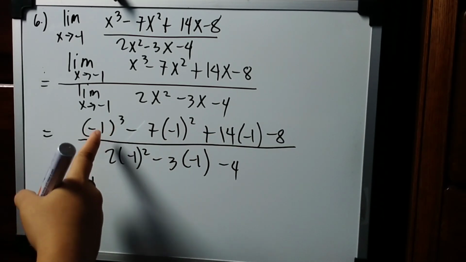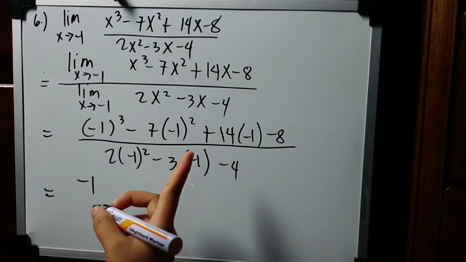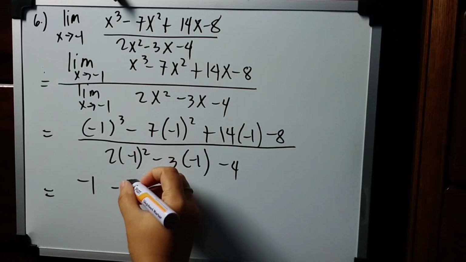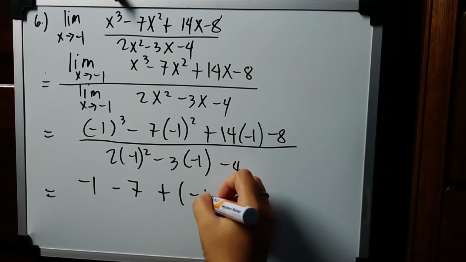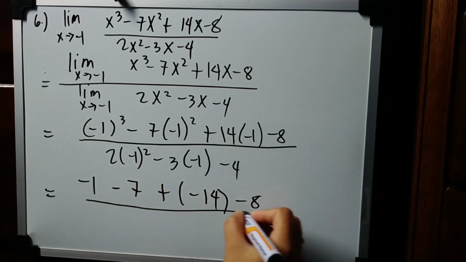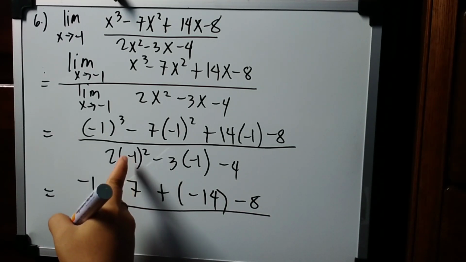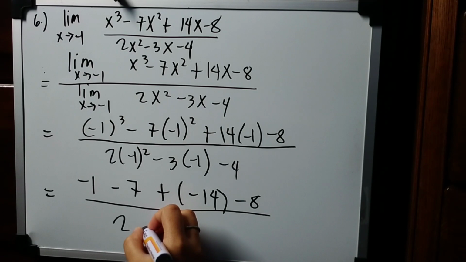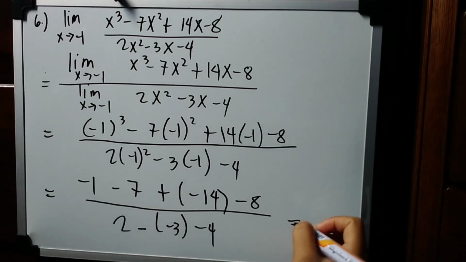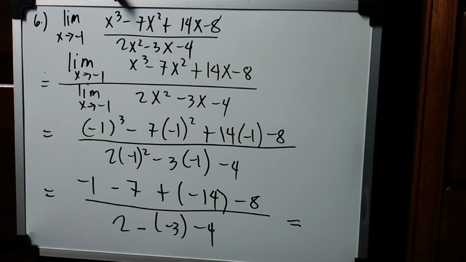So we have here negative 1 raised to cube is equal to negative 1 minus negative 1 raised to 2 is 1 times 7 is equal to 7 plus negative 14 from negative 1 times 14. Then we have here minus 8 all over, we have 2 here, as negative 1 raised to 2 is equal to 1 minus negative 3 minus 4. And for our final answer,